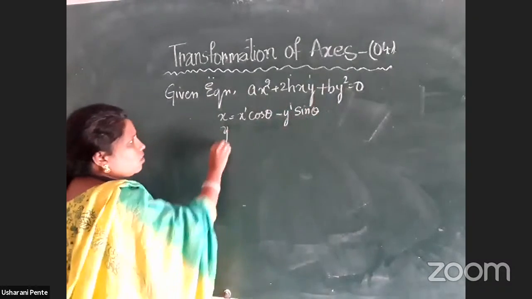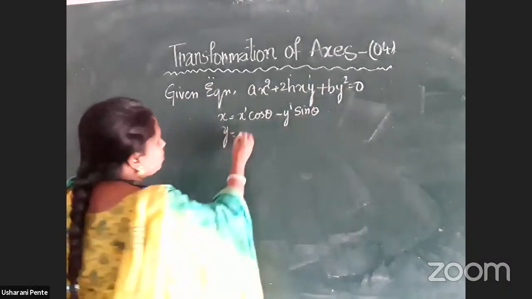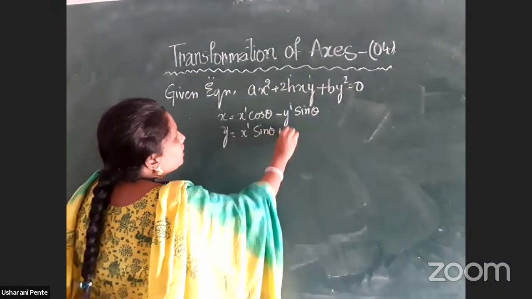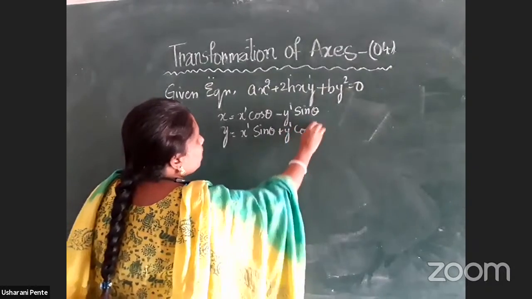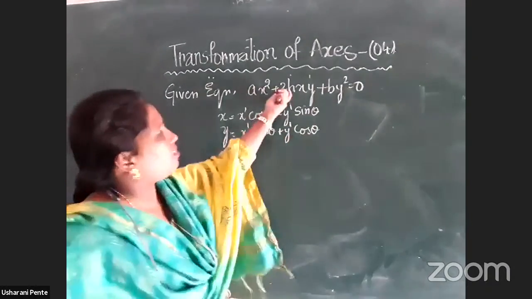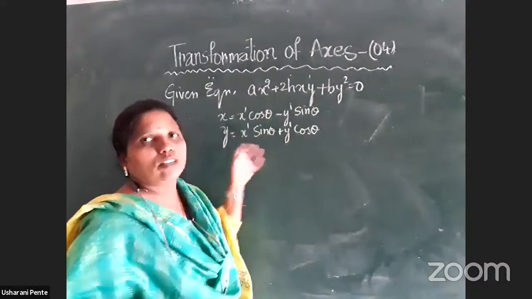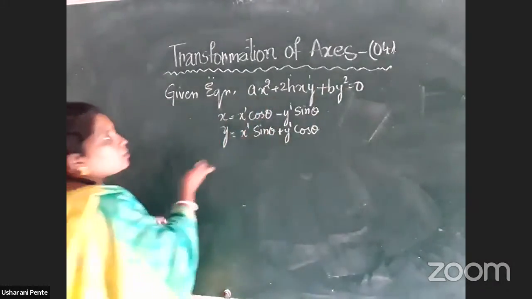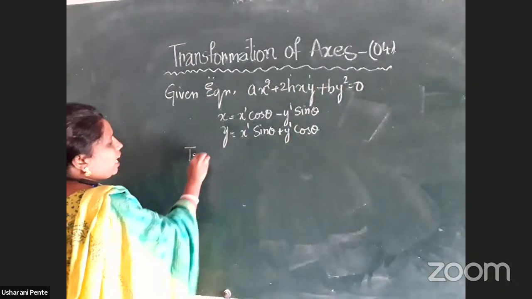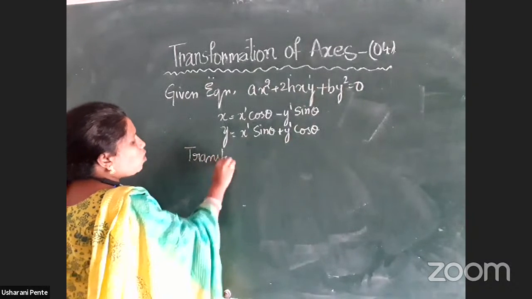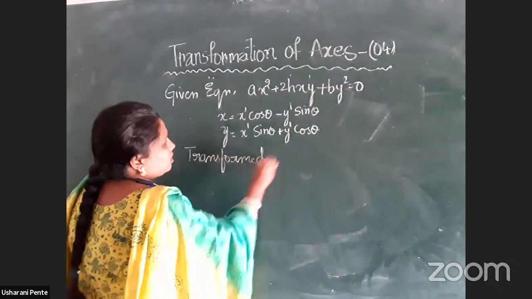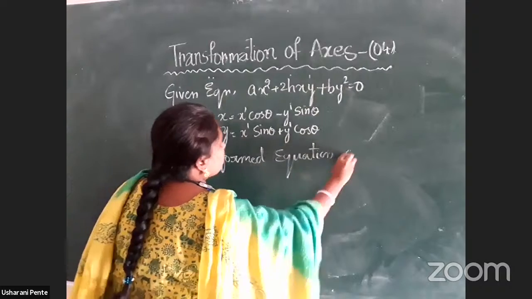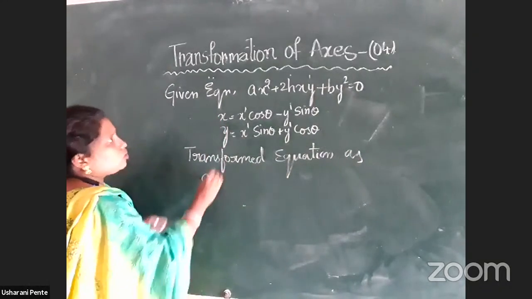And in place of y, what do we need to substitute? We need to substitute x dash sin theta plus y dash cos theta. So in the given equation, if we substitute these two values in the place of x and y, what will we get? We will get the transformed equation as